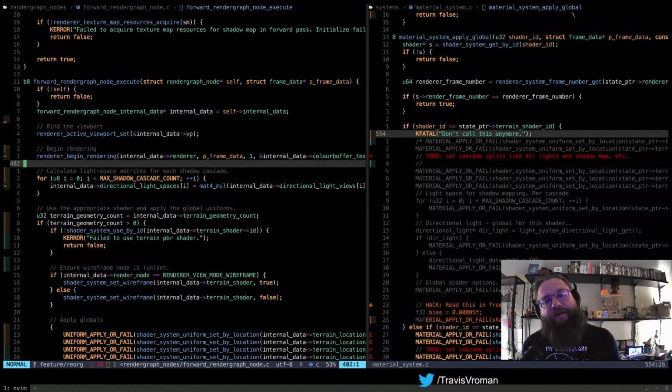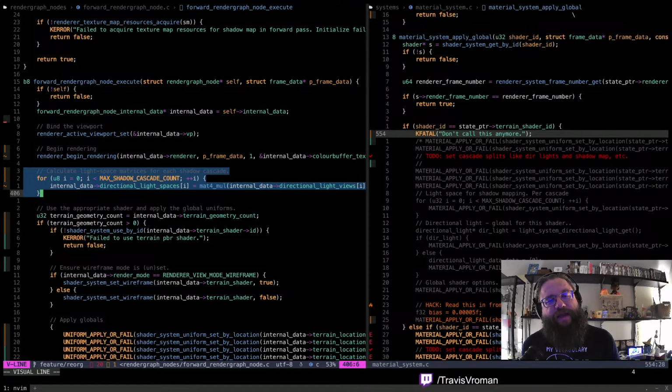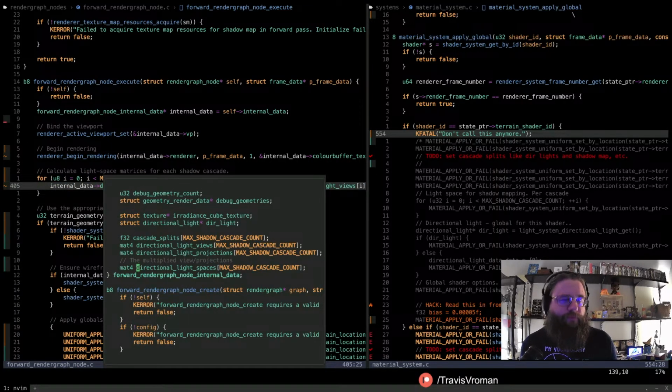All right, so the next thing that we have worked through is we've reworked the Shadow Cascade directional light logic a little bit. So in our state, we have the directional light views and projections, which we can set in a function. But then we also have these light spaces, which are basically just these two multiplied.